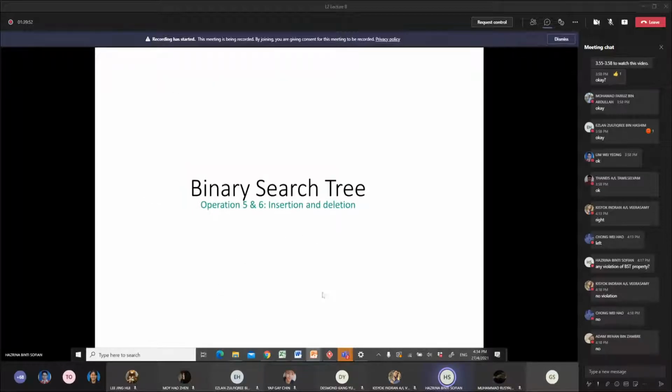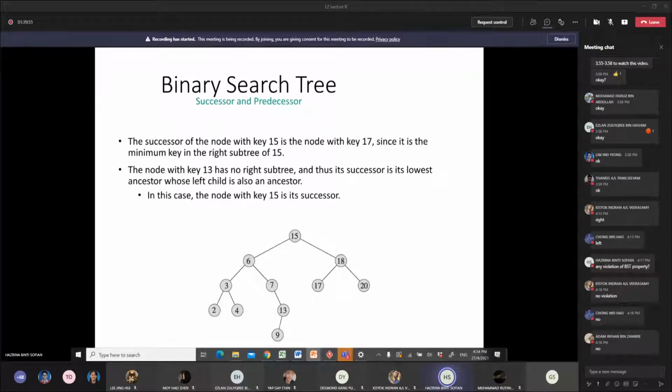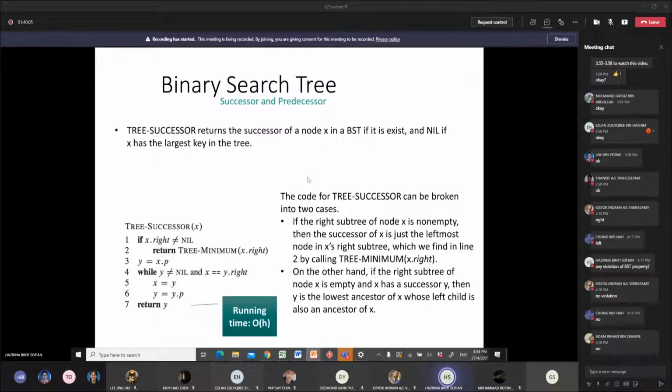So we can straight away find where it is. Therefore, this is the algorithm. It is written exactly like how it is. So let's say this is what happened just now. If the right subtree of node X is empty. Okay, this one is not empty, because we want to find the successor. So we need to look at the right